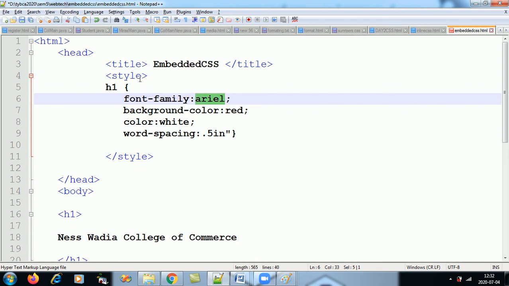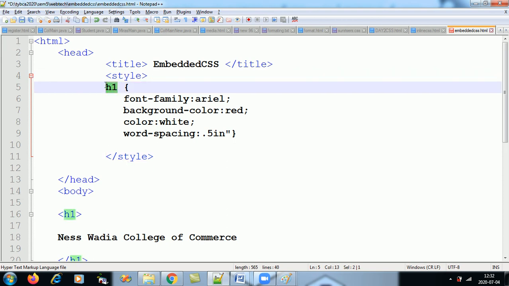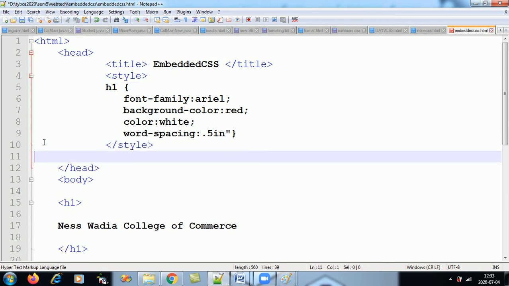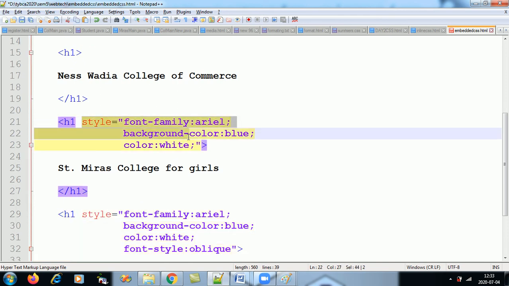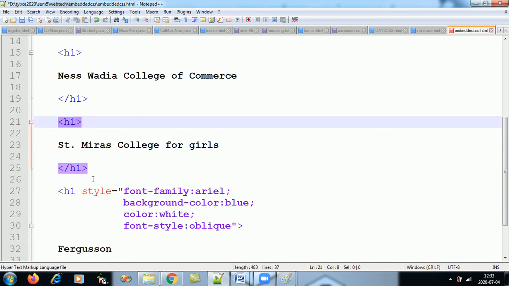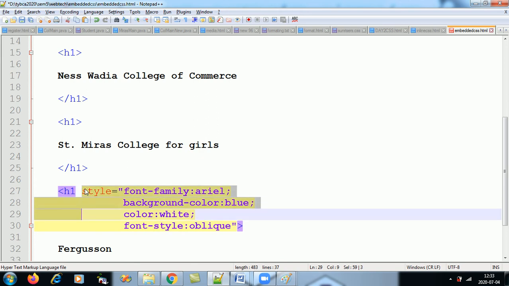So in this page, this style is meaning, in this page whenever you come across any H1, give it this style. Simple. So whenever we have to write a H1, we don't have to write the styles, because it will take the styles from the head.